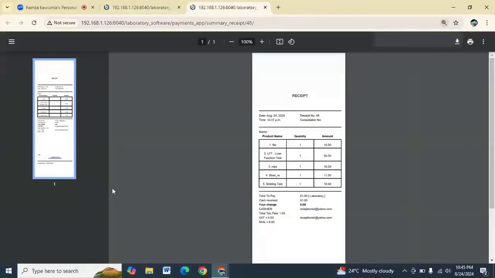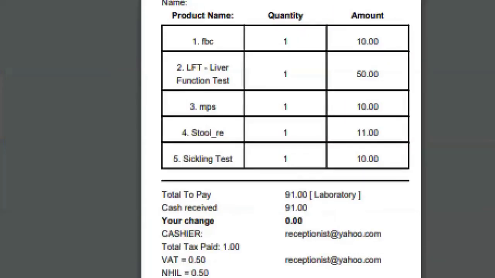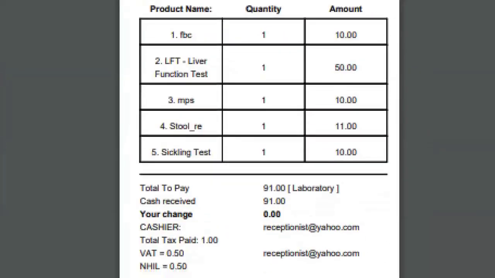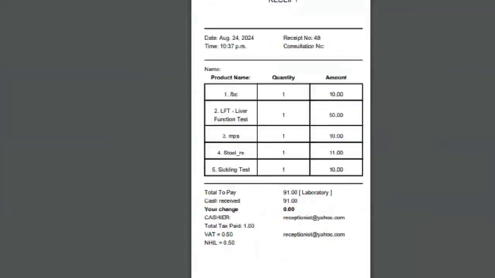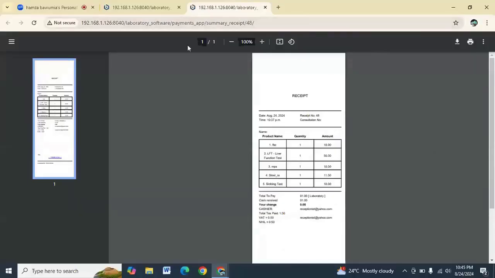So once I click on submit, the receipt is generated, and that's the details of the receipt you can see on the screen. So having paid now,